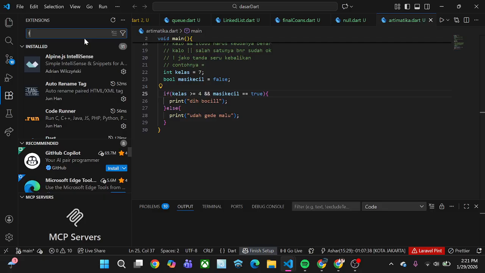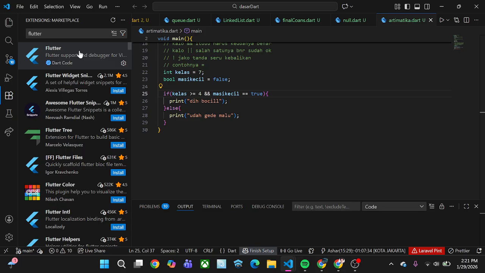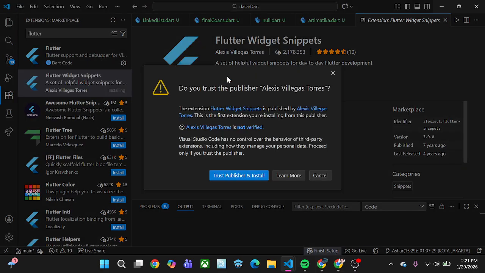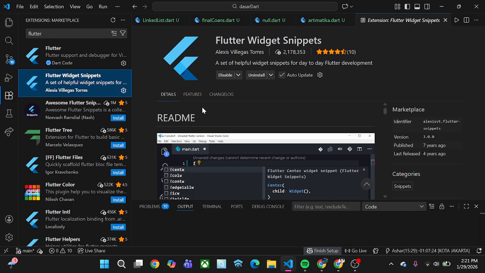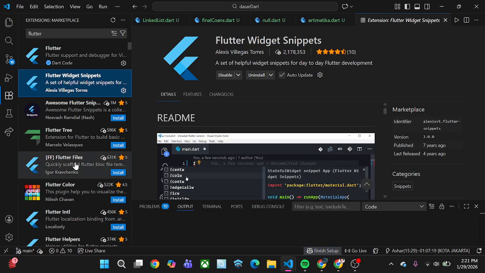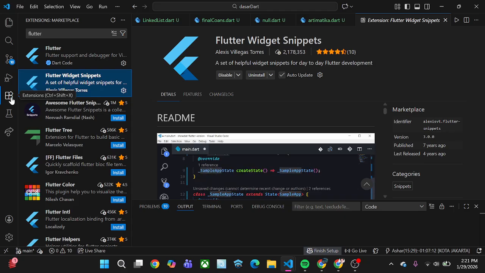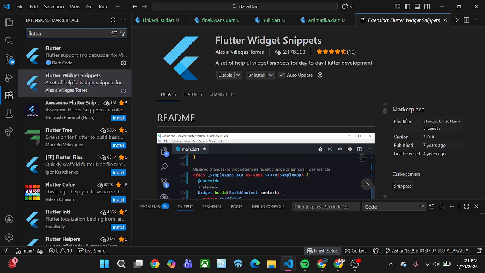After installing the Flutter extension, you can install Dart.